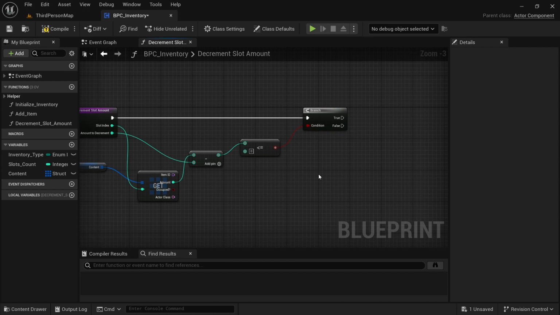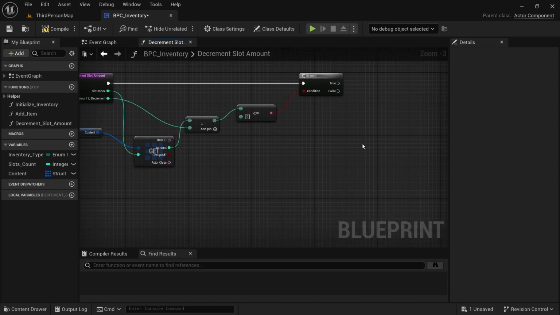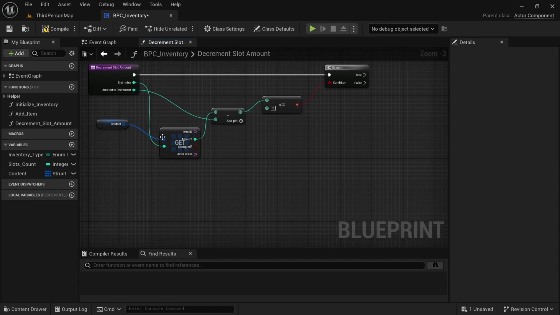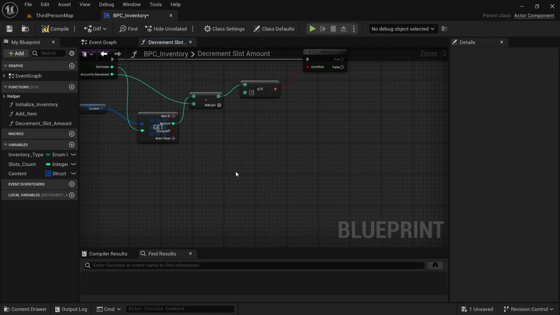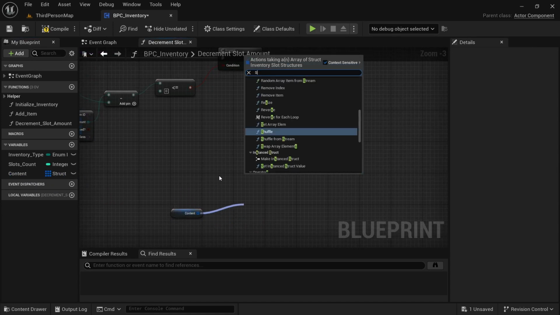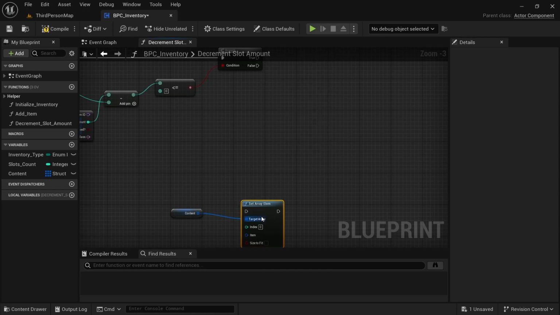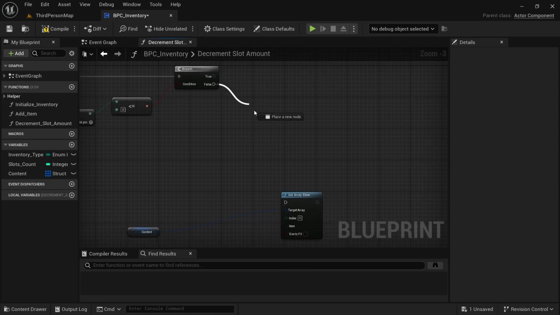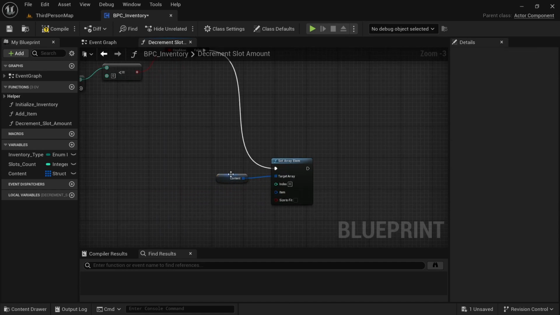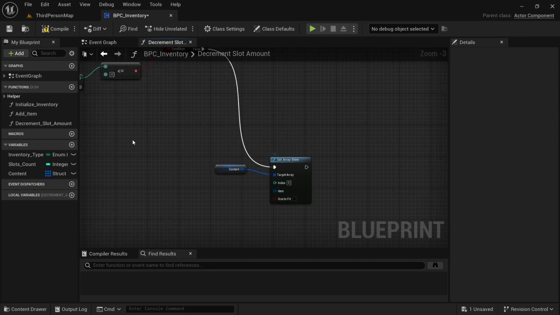So first, let's take care of this false case here. Basically, we need to set this slot with the new values, of course. So for that, let's again get a reference for this content variable here. Let's get this reference, and from this, let's type set array element like this. Let's connect the false case here in this execution pin. Let me just drag this close like this. So first we need to connect the index that we want to change, and of course the index is this